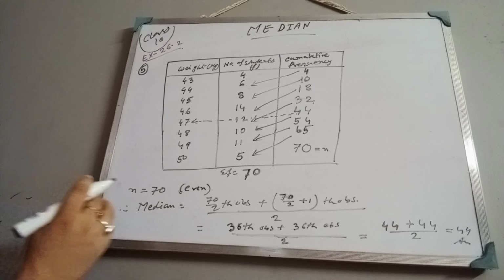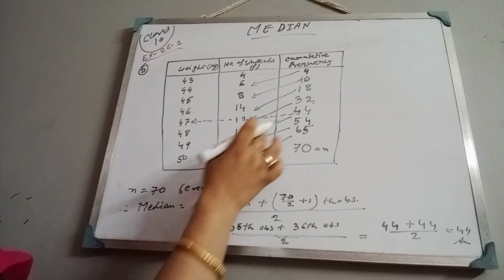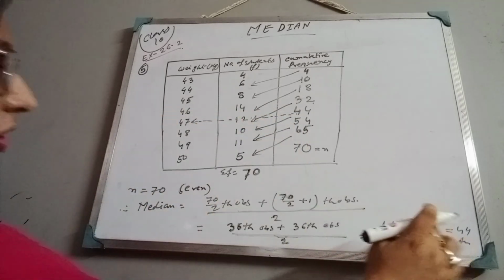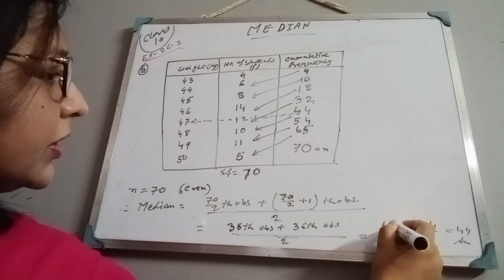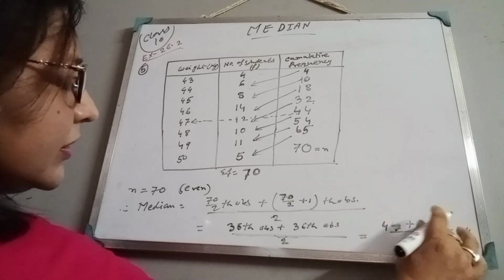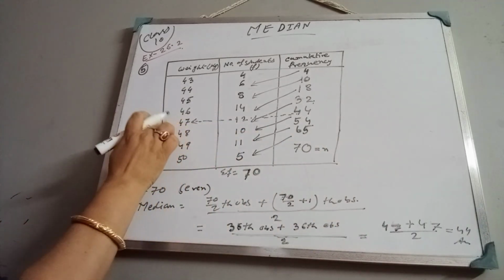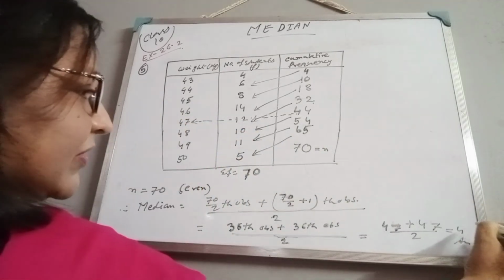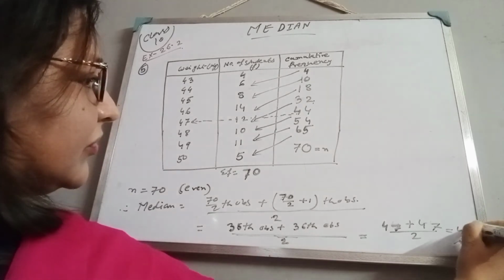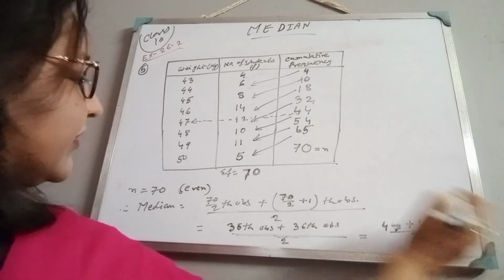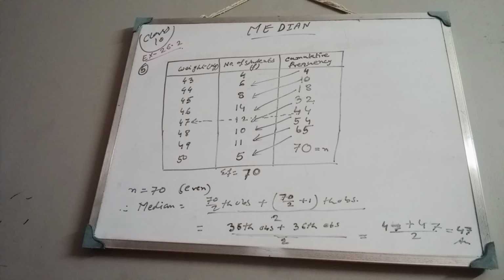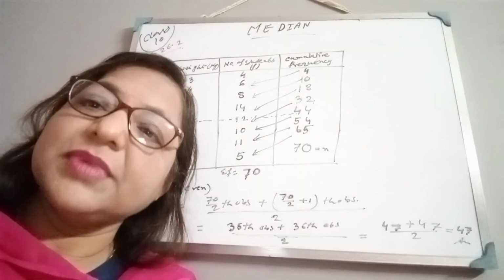No, it's not. The weight is 47 though, not 44. Yes, this is showing here 47, not 44. Sorry. It is not 44, it is 47. See, this arrow is here. 47. So it is coming 47 plus 47 by 2. That is again 47. Okay. Coming next sum with new video.